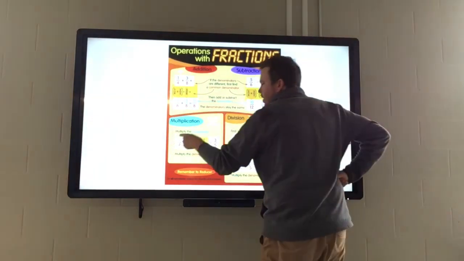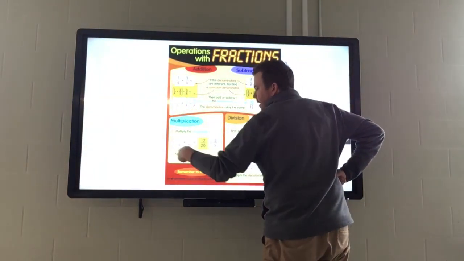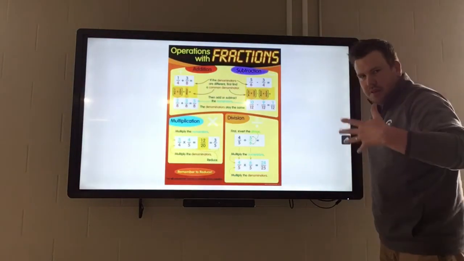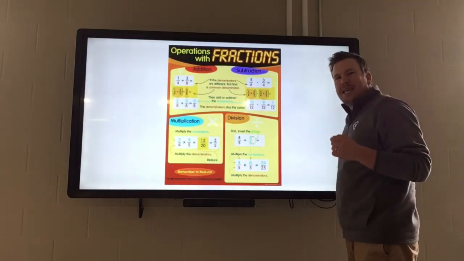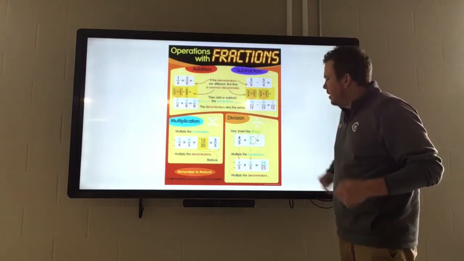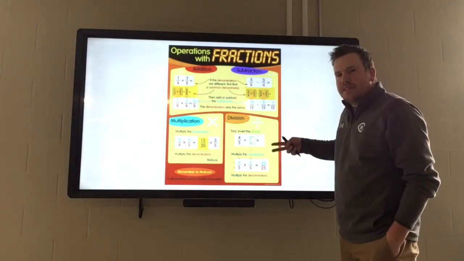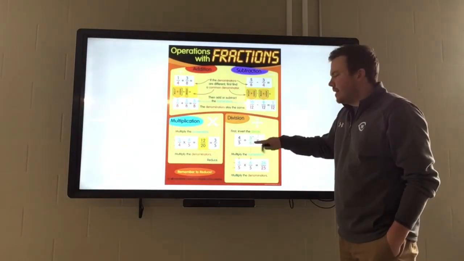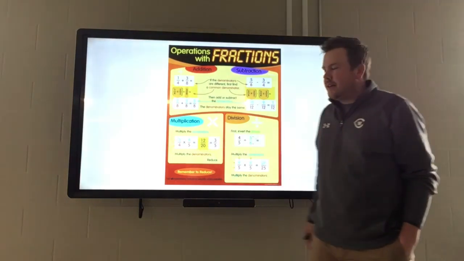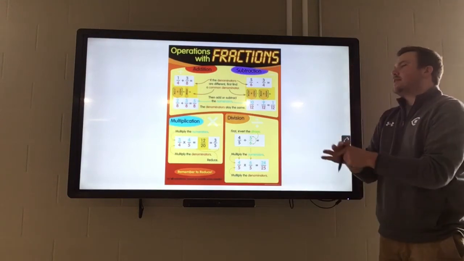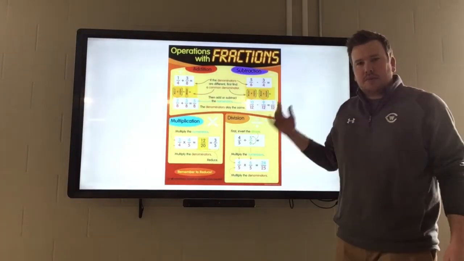For multiplication, you multiply the numerators together, you multiply the denominators together, and then reduce the fraction. Division, this is that keep, flip, change thing we talk about, where we multiply by the reciprocal, all right? So we take that second fraction, we flip it, and then we multiply using the method we learned there. Now, of course, this is going to look a little bit different with what we're dealing with here, so let's